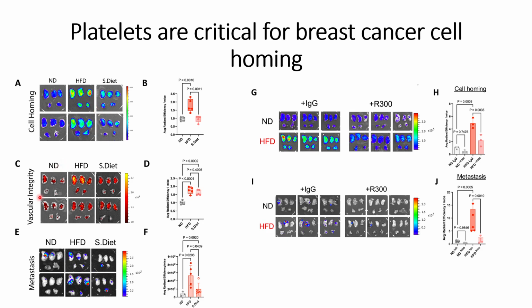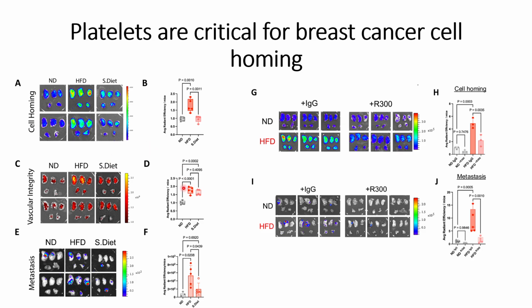Next, they also wanted to check the vascular integrity, or the effect of endothelial cells, on the switch diet of the breast cancer cells. Compared to the normal diet cells, in the high fat diet cells they are able to see more cell homing and more vascular integrity here in the high fat diet conditions. But when they switch to the normal diet, again they see some reductions in vascular integrity, but those reductions are not statistically significant, and